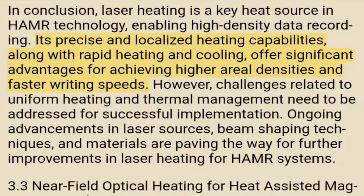Its precise and localized heating capabilities, along with rapid heating and cooling, offer significant advantages for achieving higher areal densities and faster writing speeds. However, challenges related to uniform heating and thermal management need to be addressed for successful implementation. Ongoing advancements in laser sources, beam shaping techniques, and materials are paving the way for further improvements in laser heating